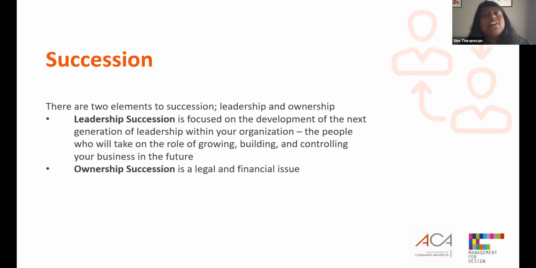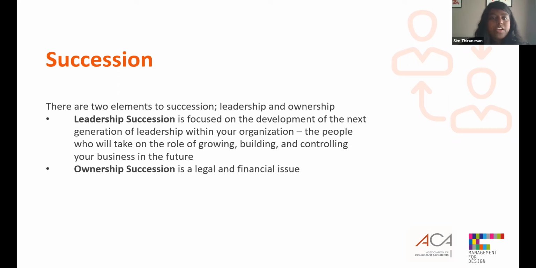So succession is our last foundation, both in this presentation and from a real world context. In order for succession to be an ongoing concern, businesses must be sustainable and mature enough to warrant such a longitudinal plan. There are two elements to succession. There is leadership succession and ownership succession. The former can be far more complex than the latter.